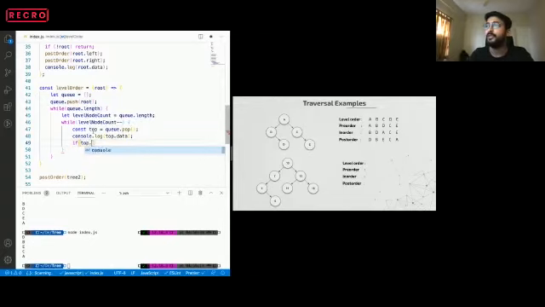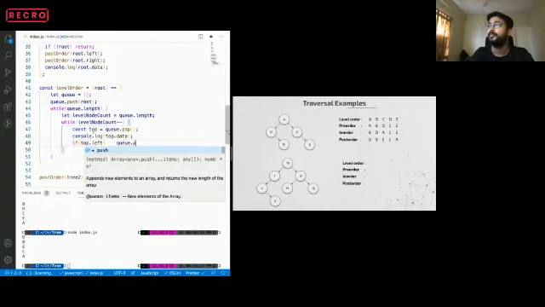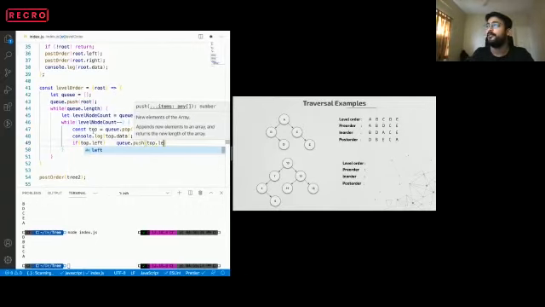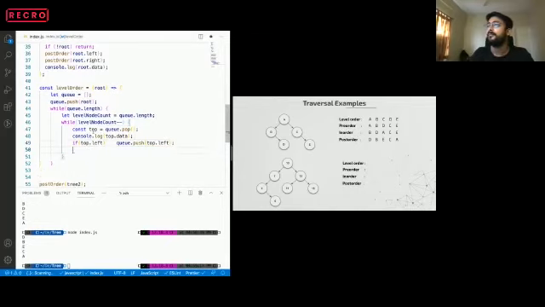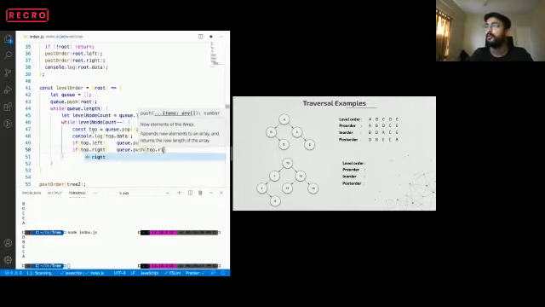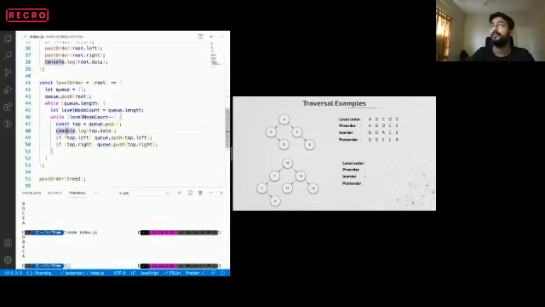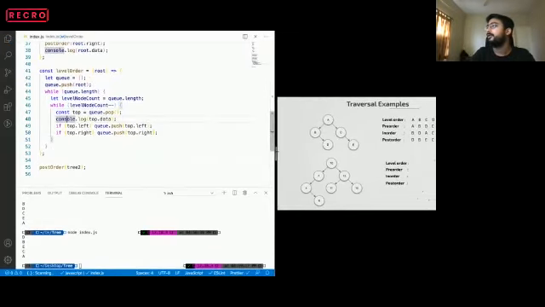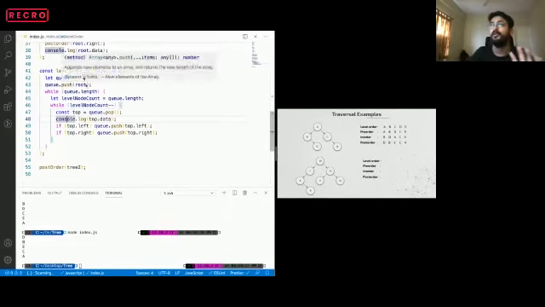So we can simply write if top dot left, q dot push top dot left. Similarly, if the top element has a right child, we'll write q dot push top dot right. This is our very simple code for level order traversal.